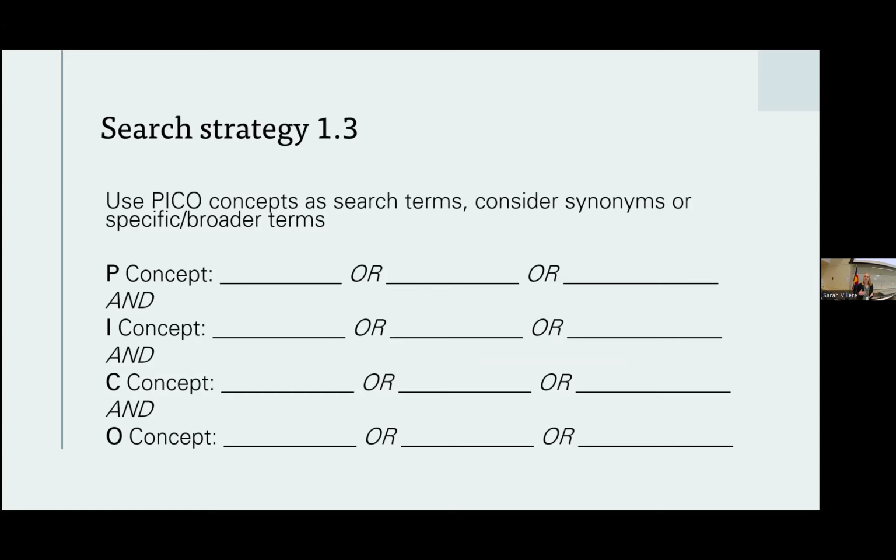And you are going to connect those terms using the Boolean operator or. So for your P concept, you may have one plus whatever synonyms you have. I gave three lines here, but you can have as many synonyms as you want. And then between your PICO concepts, you're going to combine those with the Boolean operator and. So what that actually looks like